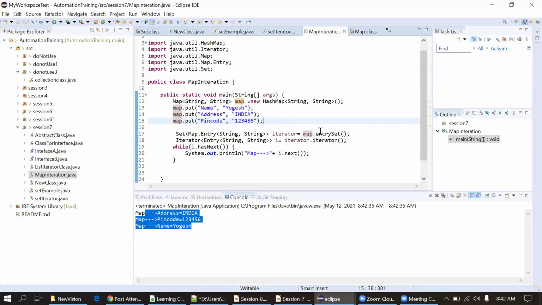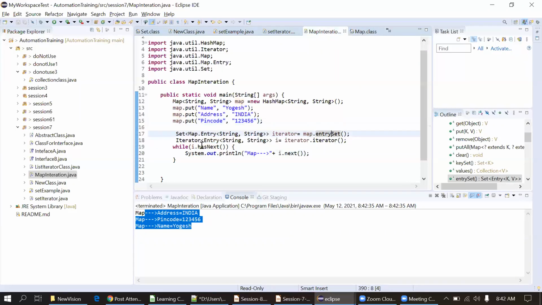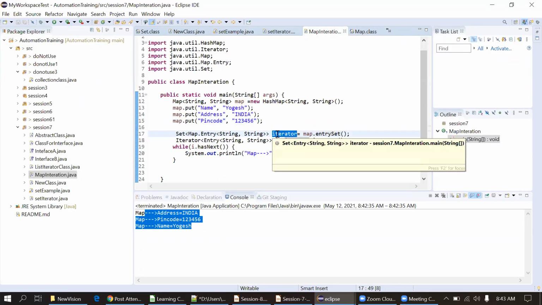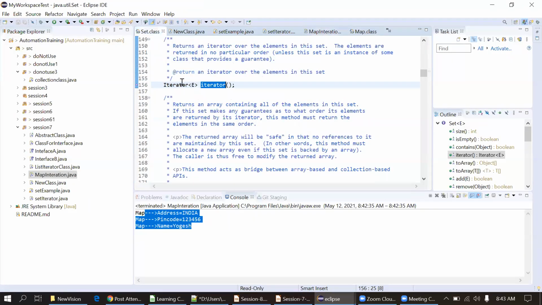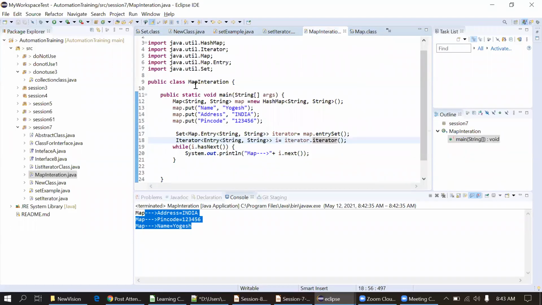Okay, so these steps you don't have to remember. You just have to remember this entry set, and by this you can get the return type from inside this definition. We can simply copy paste it here and assign it to some variable. Then we have to look for the iterator return type. Here we are seeing Iterator E, right? But earlier we used this entry of string. It will just give a compilation error, and based on that we can modify the return type, meaning in which type you have to save the data of the iterator. Then the same methods hasNext and next as an iterator that we have seen earlier for the list and the set.